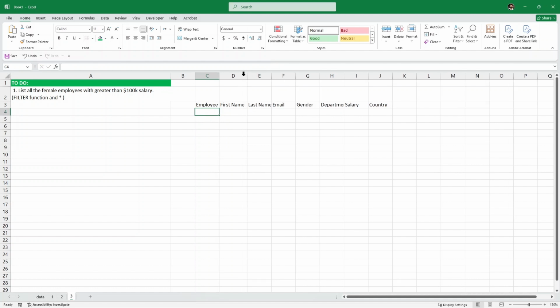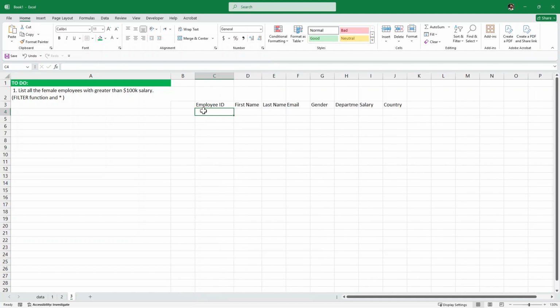and we have all the headers. Next, what we want is we want all the female employees with greater than $100,000 of salary. Here we are going to again use the filter function and the star, and I'll show you how to use it. So here I'm going to write the formula equals filter and then parenthesis. Now first we have to pass the array, which is our entire table. So I'll just write the name of our table, which is data, and then comma,